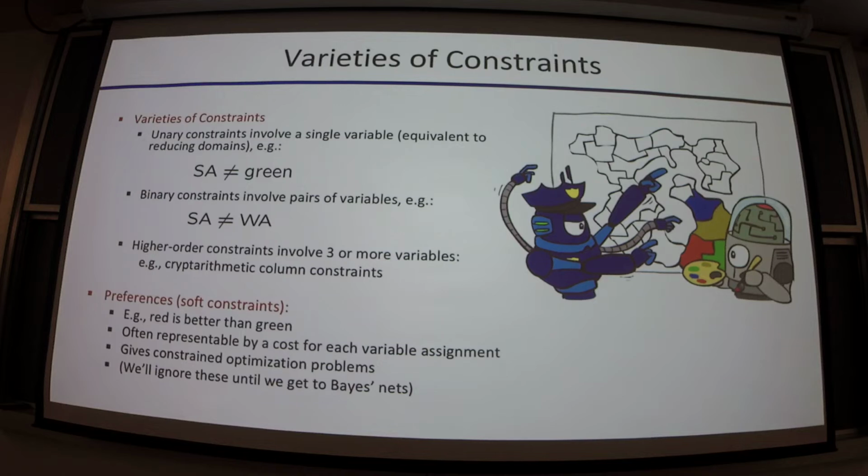Now, in addition to these true or false, yes or no constraints, we can have preferences. We say, I like red, so I would prefer as much red in my map coloring as is possible while obeying the constraints. We can do this by assigning a cost to each assignment. That's frequently how we would encode this preference. And now we've blurred the lines a little more between optimization and search, which is something that we've talked about a couple of times here. We're going to ignore that until we get to Bayes nets later in the semester. So that gives rise to constrained optimization, which is a huge branch of mathematics, obviously.